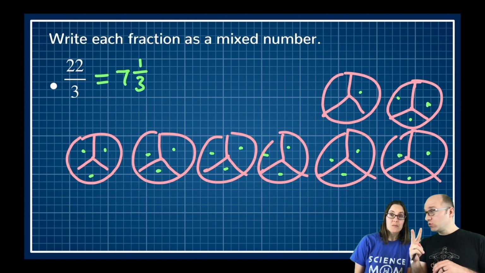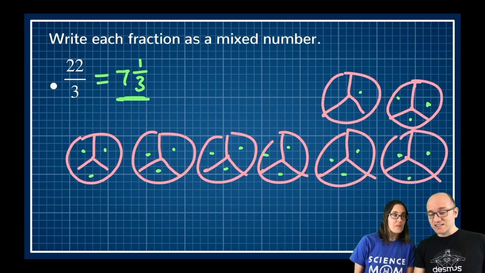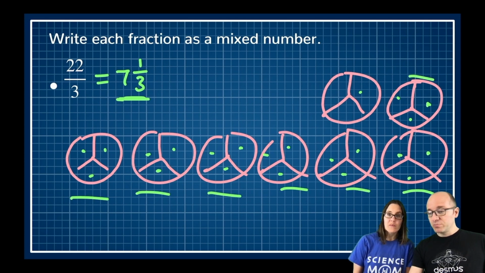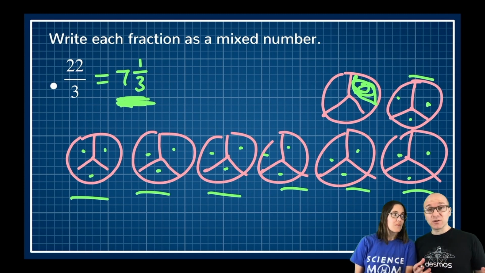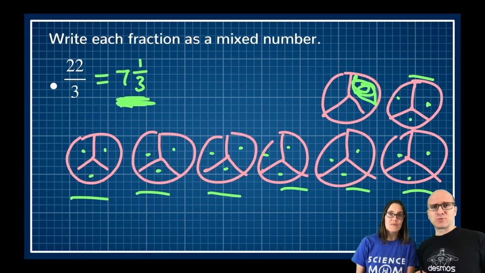So there's 22 of the slices of pizza that are of size 1/3 of a pizza. So 22 thirds. But if you want to think of it as a mixed number, that's 7 full pizzas plus 1/3 of another pizza. So either way, they both represent the same thing. If I were to ask you how much pizza did you eat, I think in this instance, saying 7 and 1/3 is a more descriptive and maybe useful way of thinking about it. But you could also say 22 slices that were 1/3 of the pizza, and that would also carry the same information.